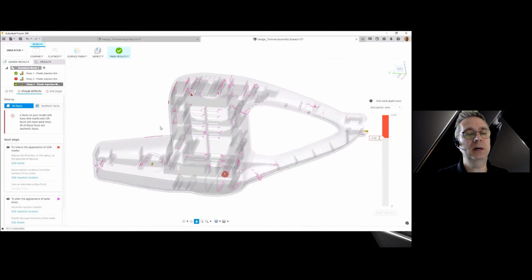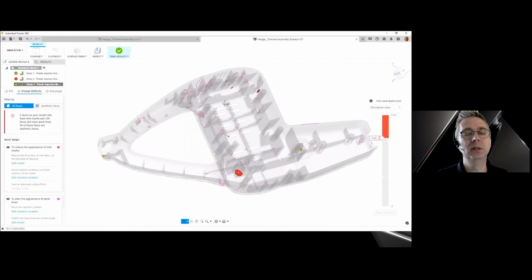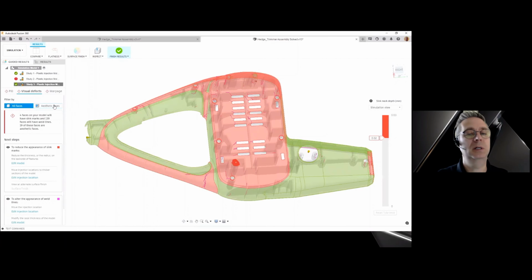So again, now I see why we were calling those out earlier. In fact, I've noticed this too. If I just put my mouse over that, I can see which surfaces will have some visual defects, and which ones aren't. Which ones are green from a visual standpoint, the aesthetic faces, those are good to go. So if I need to focus somewhere on how to fix things, this is going to give me a great guide towards, hey, you better explore looking at this surface and what's happening there.